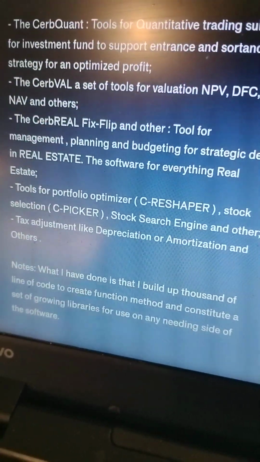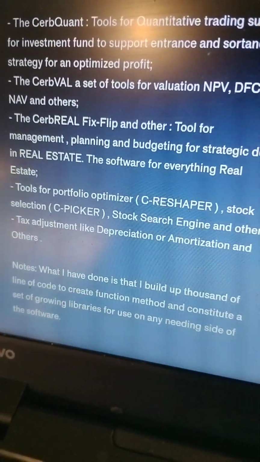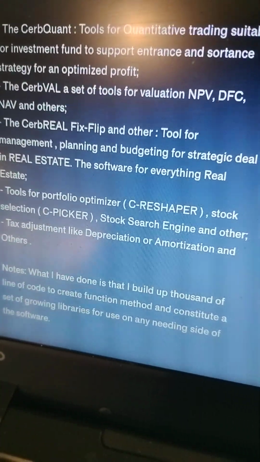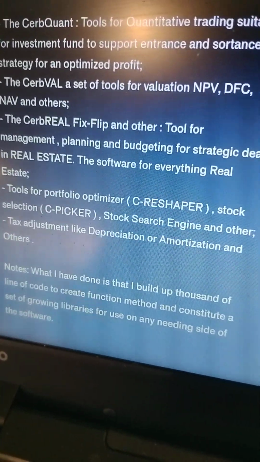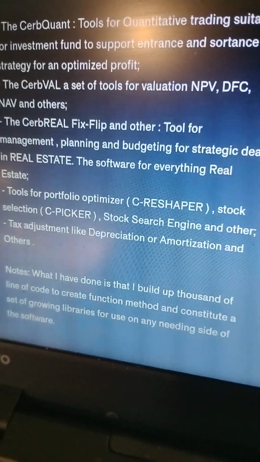So this is what we call DCF modeling and NPV. NAV, which is net asset value, is suitable for hedge funds, mutual funds, and ETFs, right? To do NAV. DCF is good for project financing, right? NPV is the same, but it's mostly giving the project